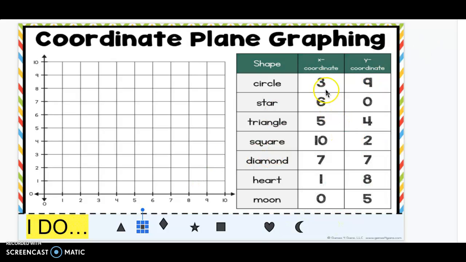Oh, it went away. That's okay. All right, I'm going to notice over here that this is x and this is y. So my circle says 3 and then 9. I'm going to take my circle. I'm going to start here